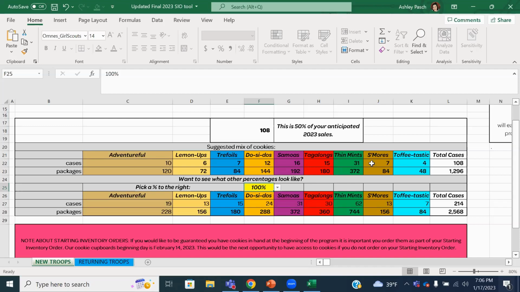And then if this makes you a little nervous and you want to go a little lower, you can go to 40%. If you want to go a little higher, you can go to 60%. The nice thing is, at this point in the program, if you were to accidentally take out too many Lemon-Ups, for instance,